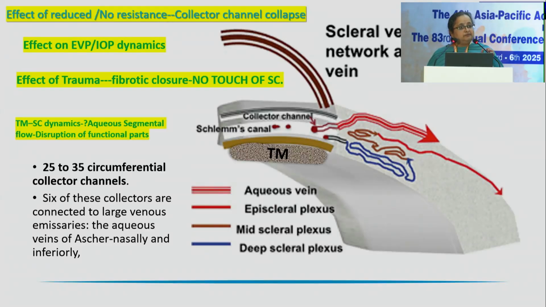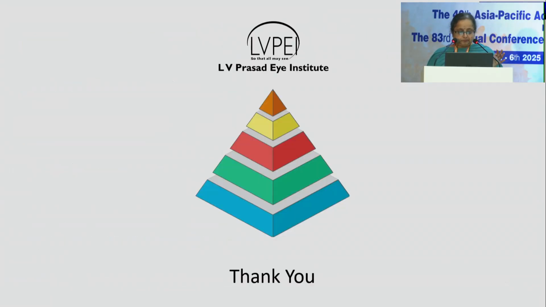So we always have to remember this, that we try to think that we are doing something good like an MIGS. Yes, we have proven IOP benefits, but in the long run, we have to see what actually happens to the collector channels over the long term. Do they close? And what happens to the episcleral venous plexuses? What happens to the flow in that quadrant? Aqueous angiography can actually show you that over the long term.